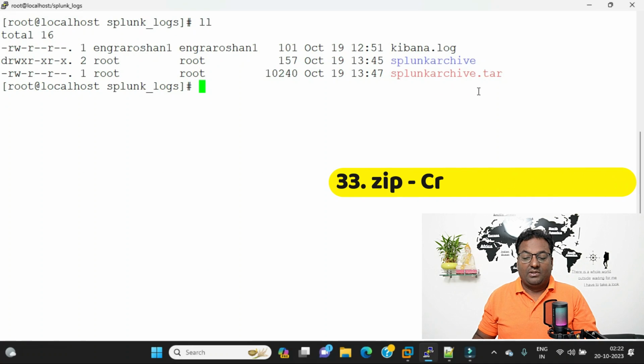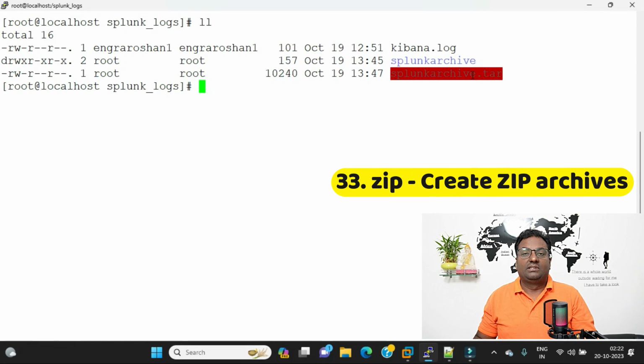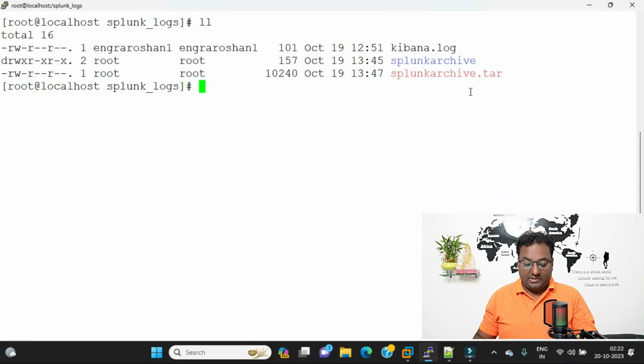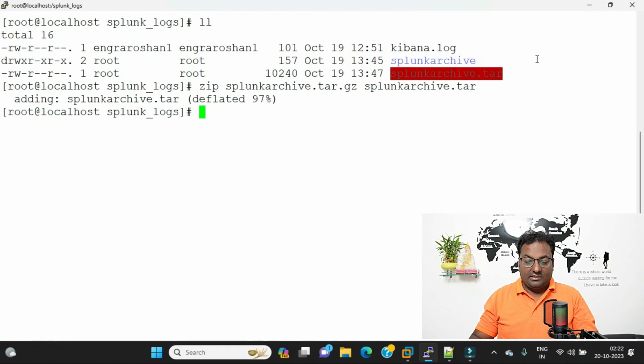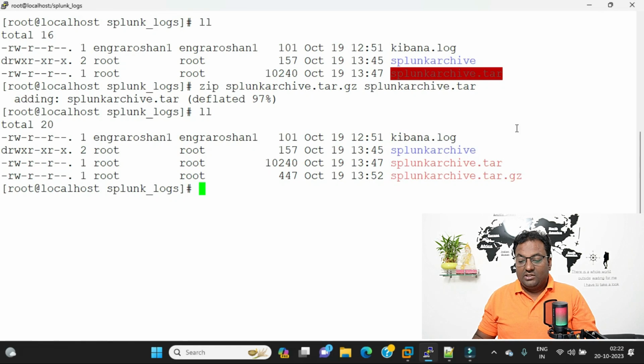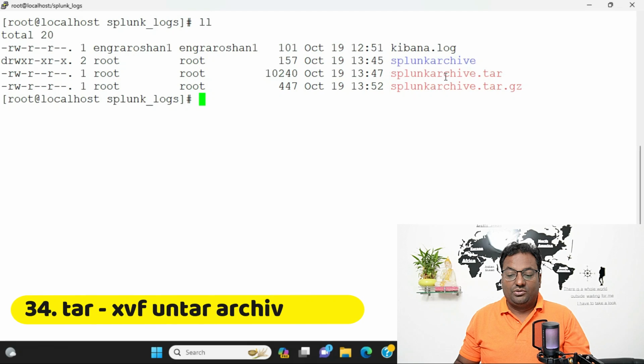So friends, if you want to zip that tar file, meaning this archive, then you can use the gzip command. So give this one, and .gz, and from where you are doing it, enter. So you can see it's zipped. Just do ll over here. So tar.gz. Okay, now I am going to show you how to untar this